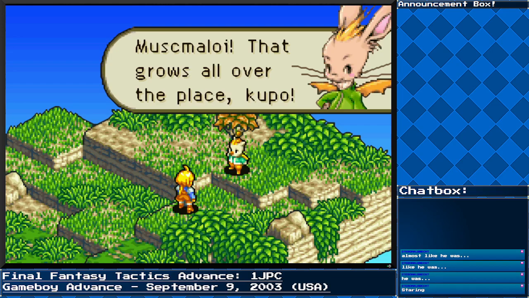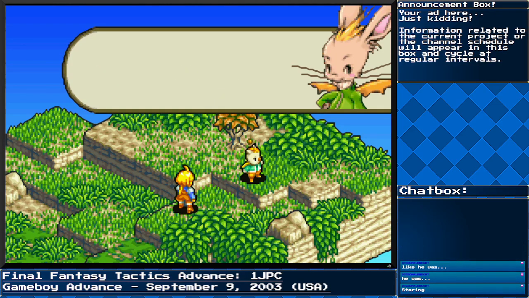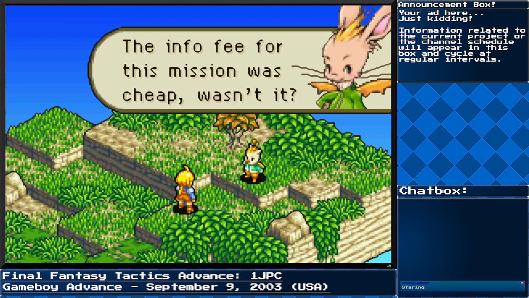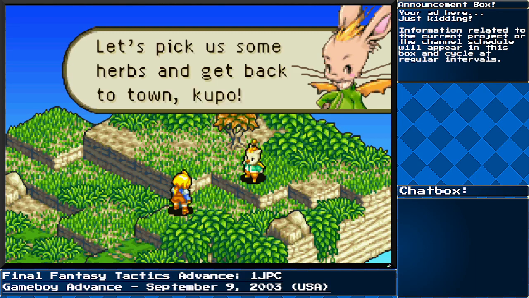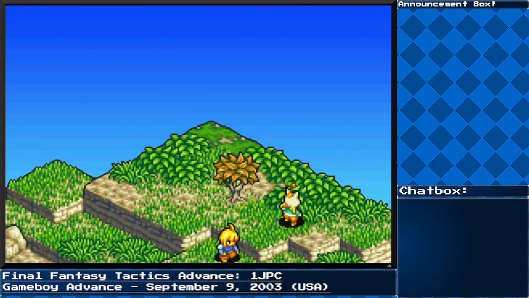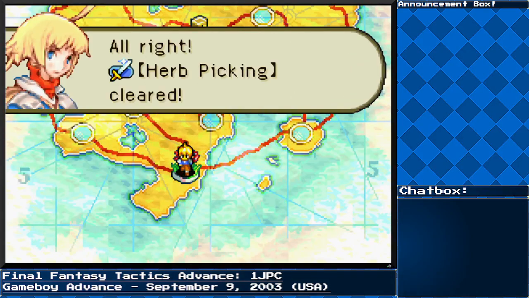Muskmalloy grows all over the place. We didn't have to really do anything fancy. And apparently Mont Blanc used to pick it when he was a kid. And Mont Blanc kind of pokes us about starting slow and sort of getting scammed. But,